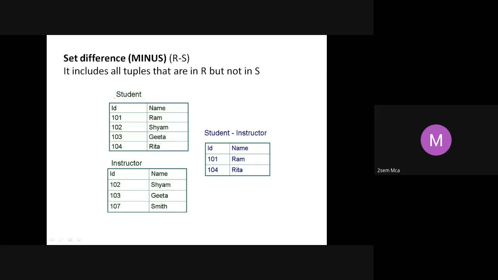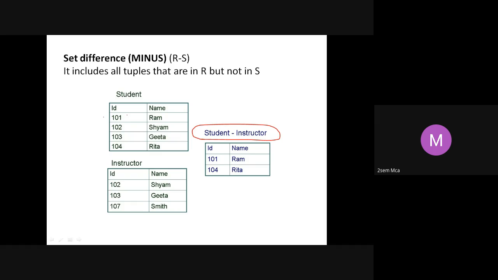Okay, so again, I have taken the same two tables. We know that both are union compatible, right? So when I apply student minus instructor, all that is there in student but not in instructor.